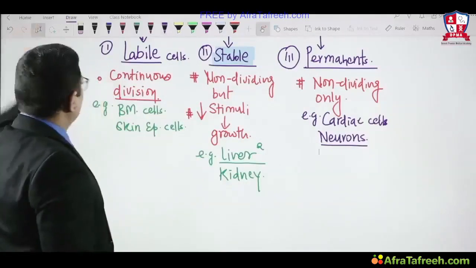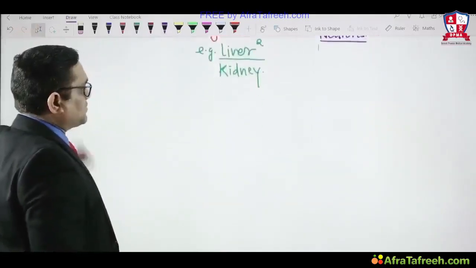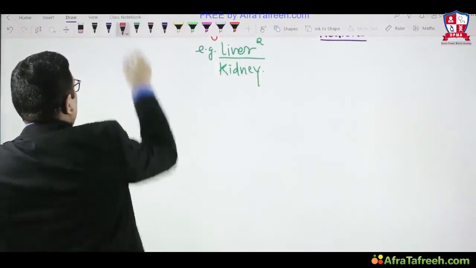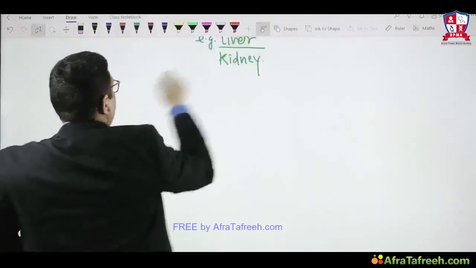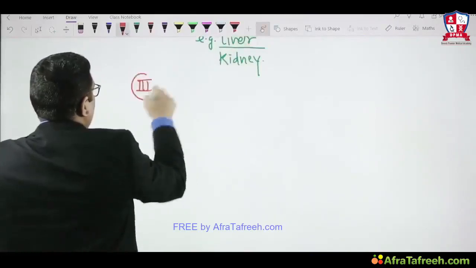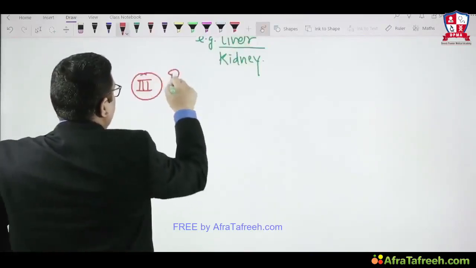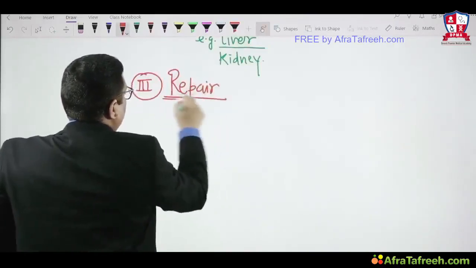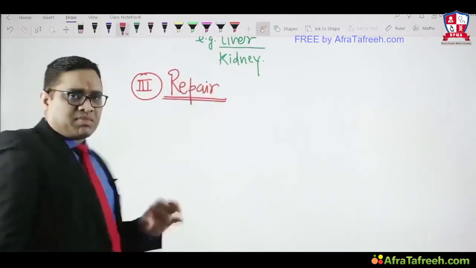Third aspect of wound healing is repair, right? So what do you mean by repair? Now the question comes to our mind, okay, what do you mean by repair? Repair means